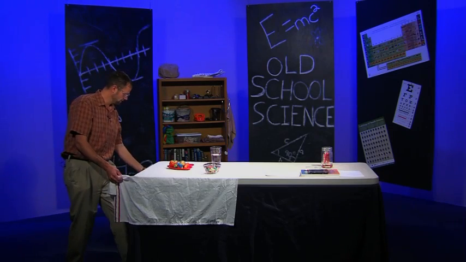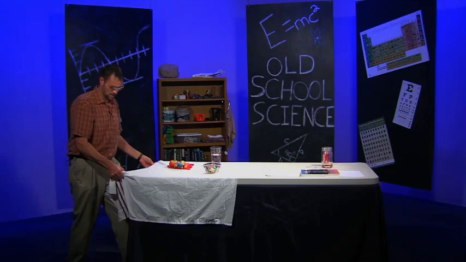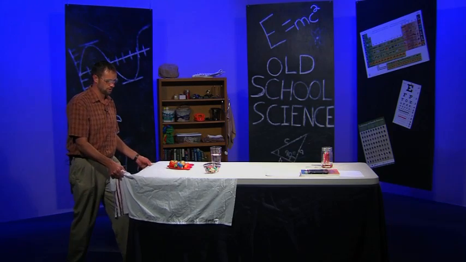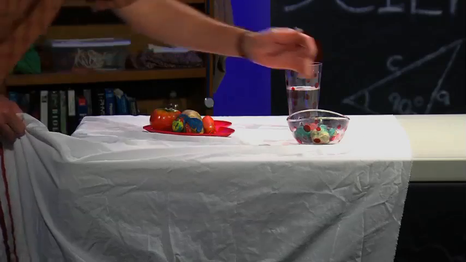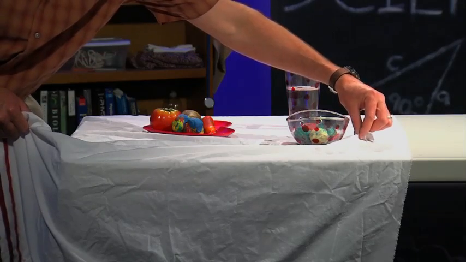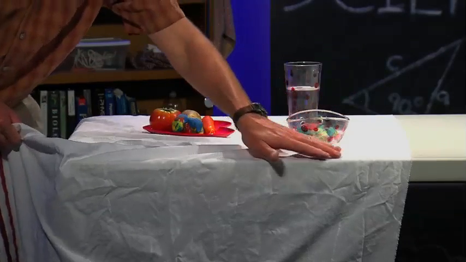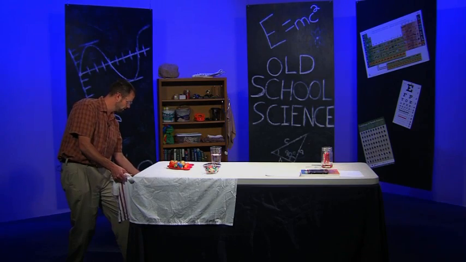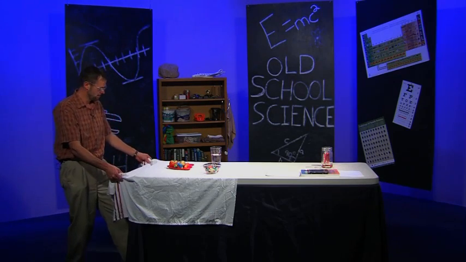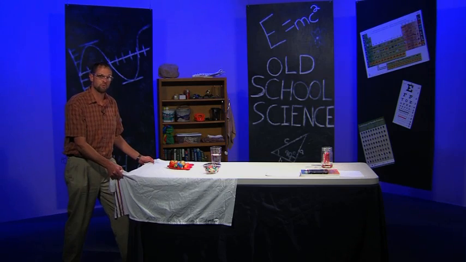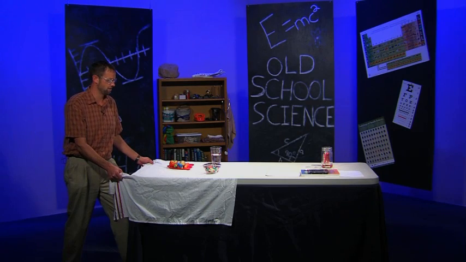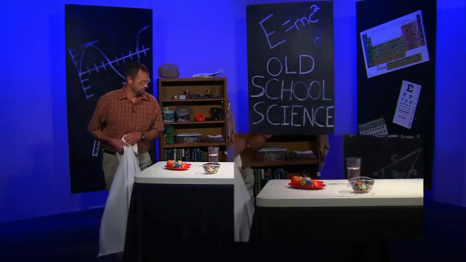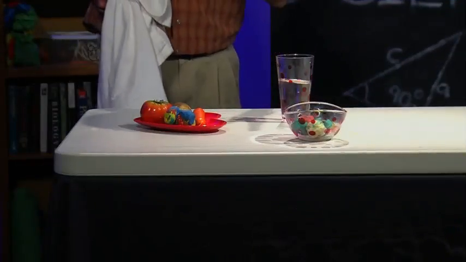So I'm going to count to 3, and on the count of 3 I'm going to pull down, and I grab a hold of a good fistful here, making sure I don't disturb the tablecloth at all. If I do this now, and I have a little rolled edge here, it will knock this over. So I make sure to keep it nice and straight, and I grab a hold of a nice fistful, which I always say fistful to the kids. I'm going to pull it straight down towards my feet as fast as I can on the count of 3. Okay, 1, 2, 3. You notice a little bit of movement here, which I can improve on, I guarantee it.